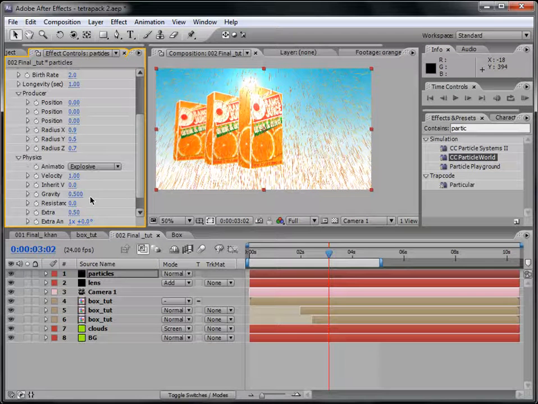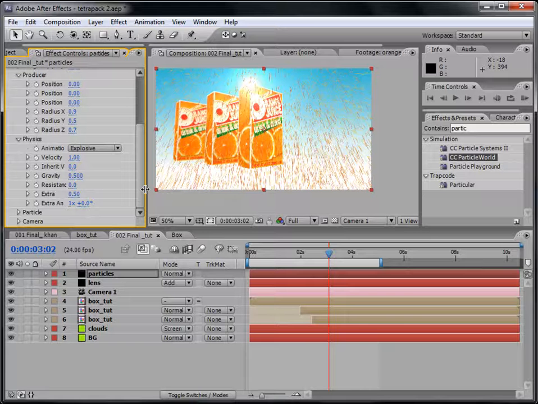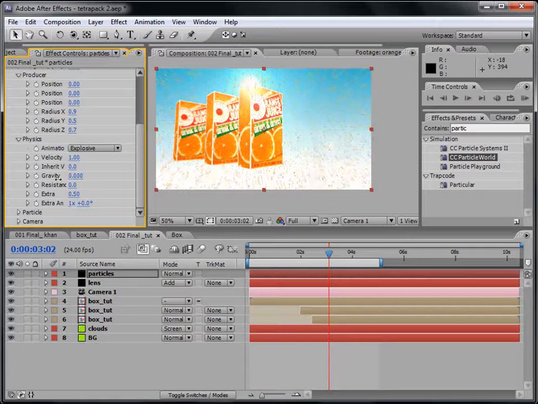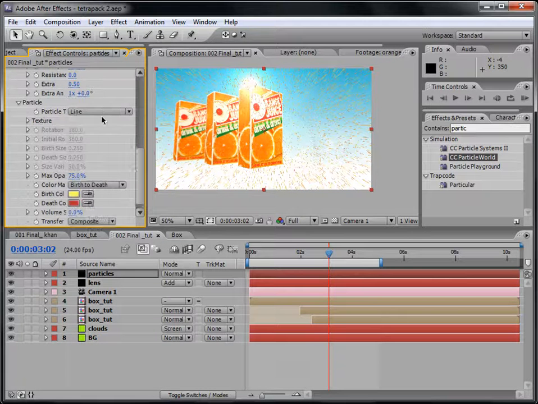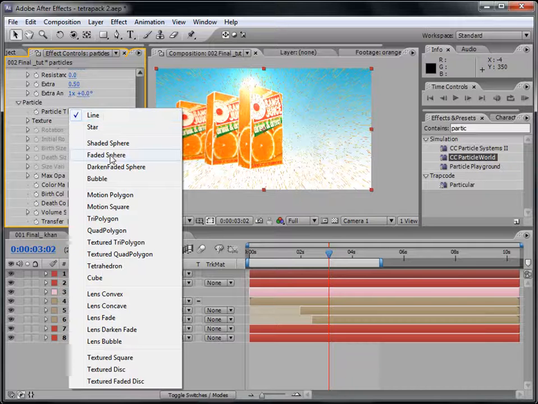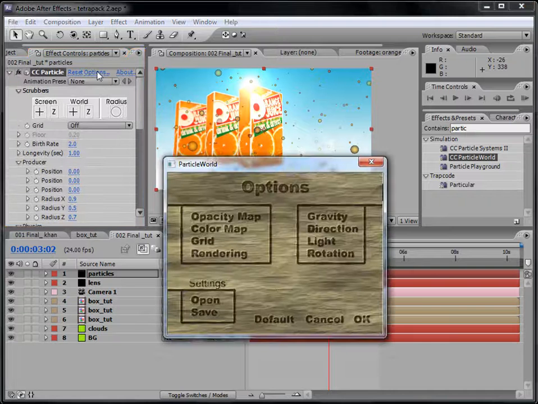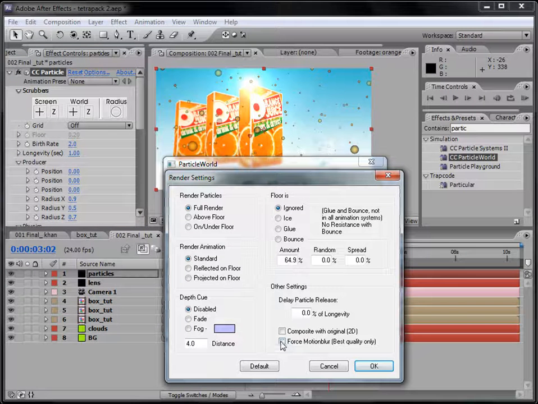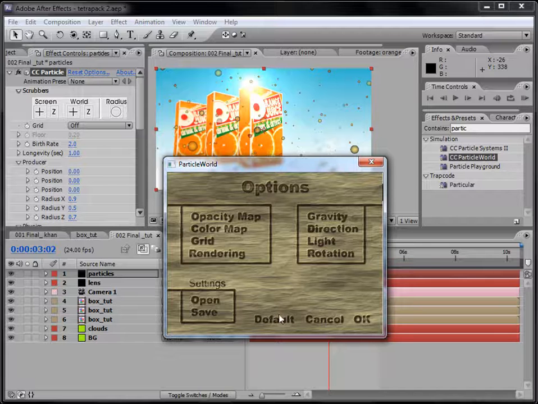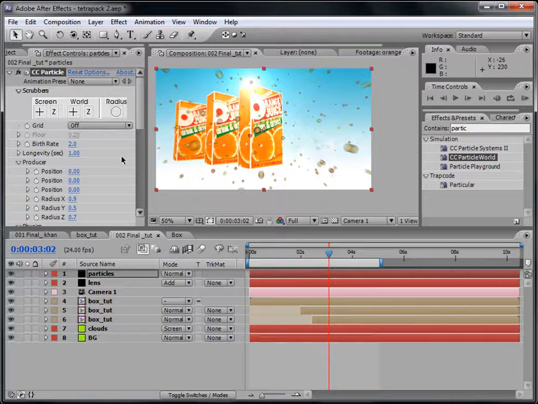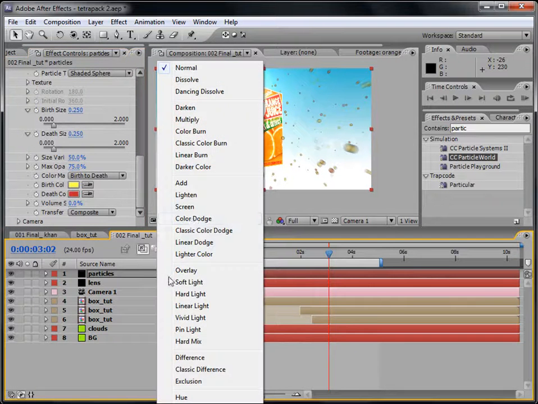Go to Physics and change the gravity, let's move it up. And particle type, let's change this to faded shaded sphere. Also, we go to Options and go to Rendering and change this to Force Motion Blur. Press OK. Right, and let's change this to Screen,